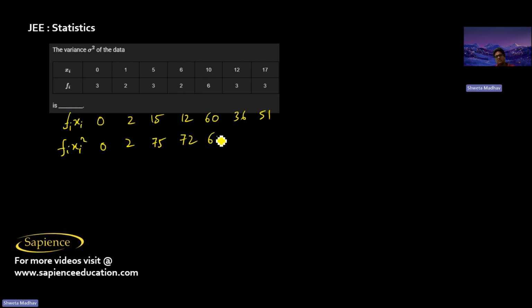100 into 6 that is 600, 144 into 3, that is 432. And 17 square that is 289 into 3, so that is 867. So we have to find the mean also, since we know that the variance of x is equal